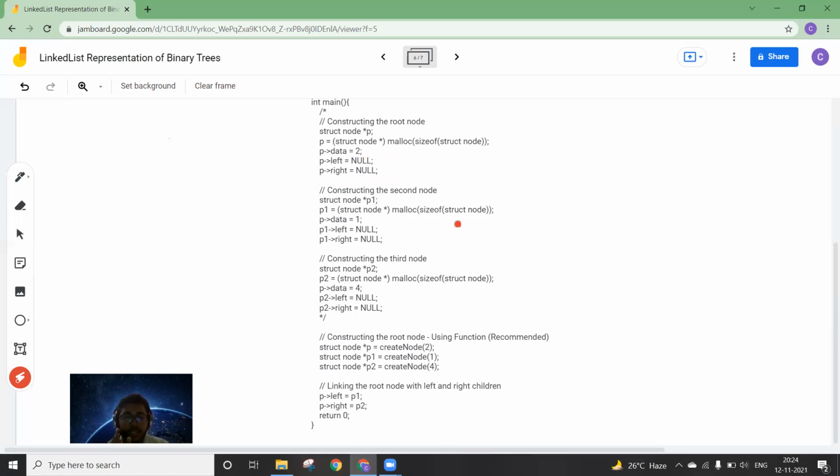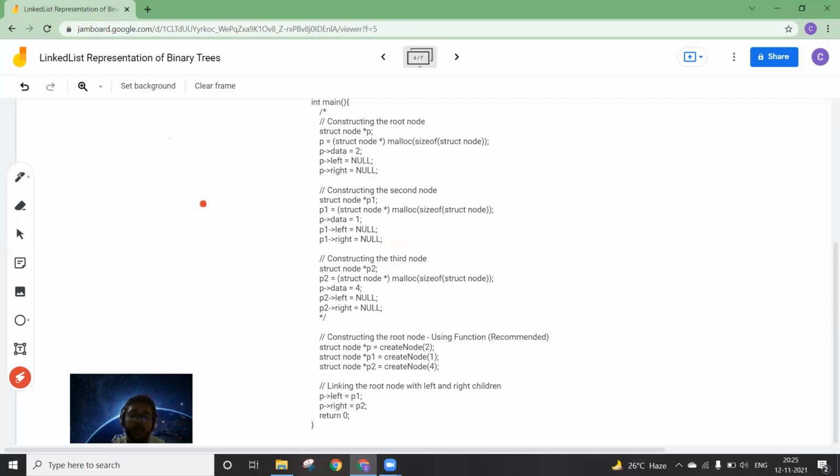So we have different ways to do that. The first one is to copy the whole thing we did, means this one, for both the children and name them as p1 and p2. This will create three separate nodes, p, p1 and p2. Clear? But then we just link them together by changing the left element of p from null to the left node's pointer p1 and the right element of p from null to the right node's pointer p2.